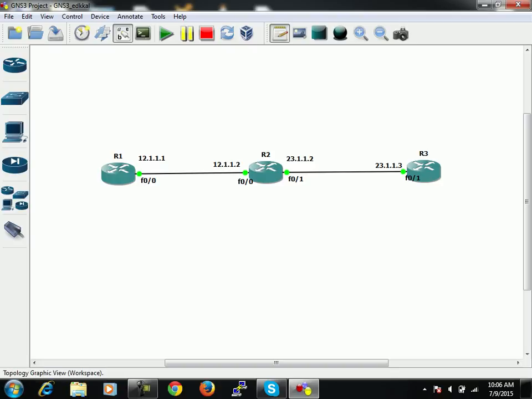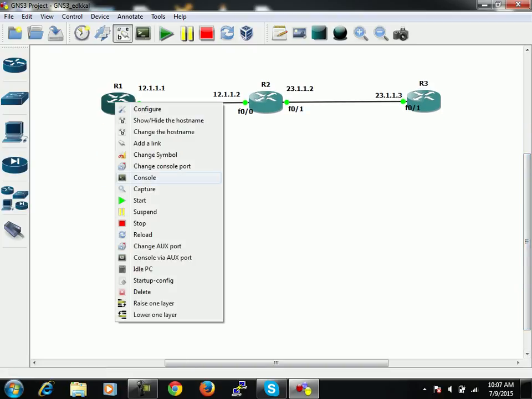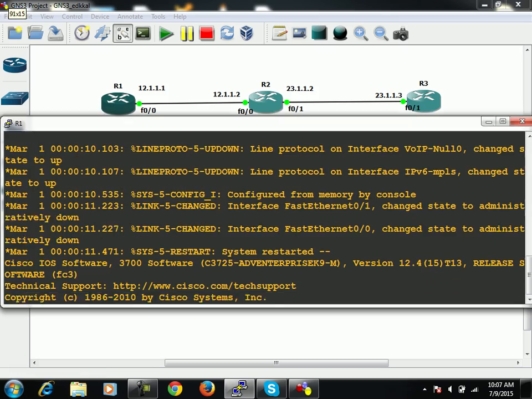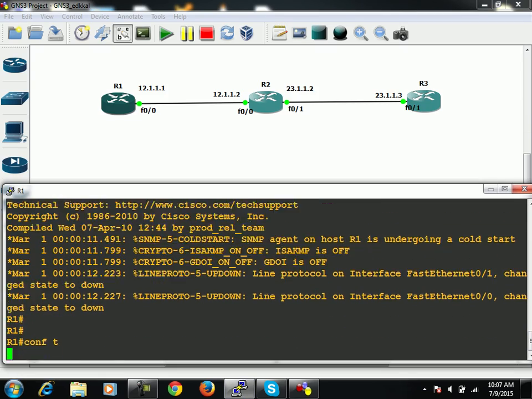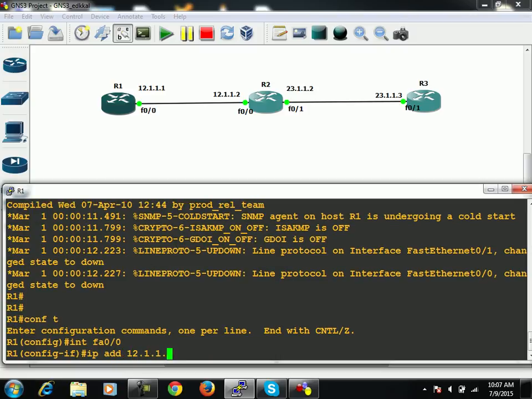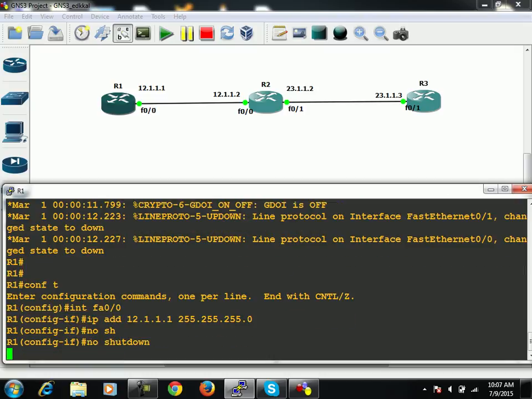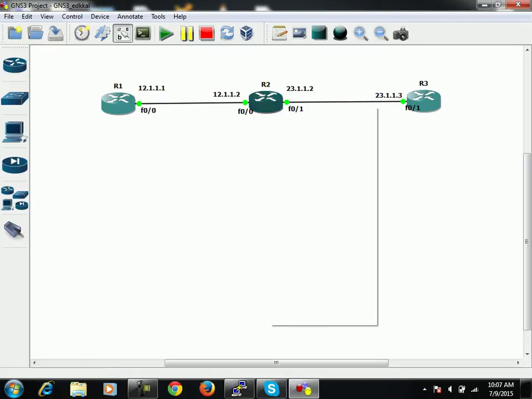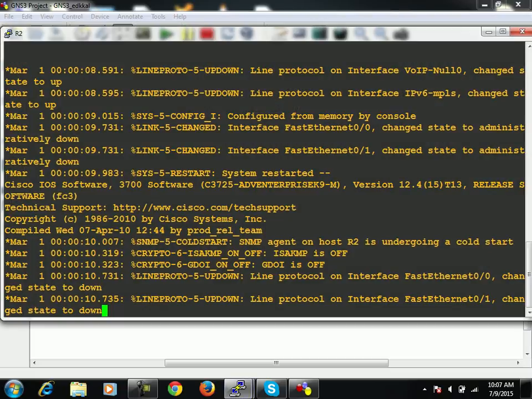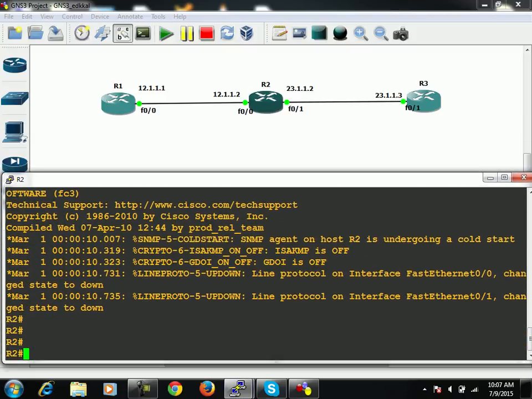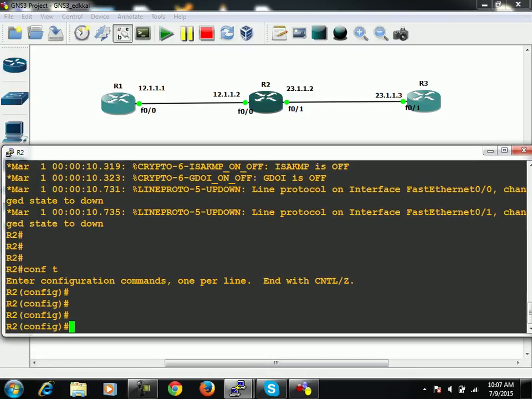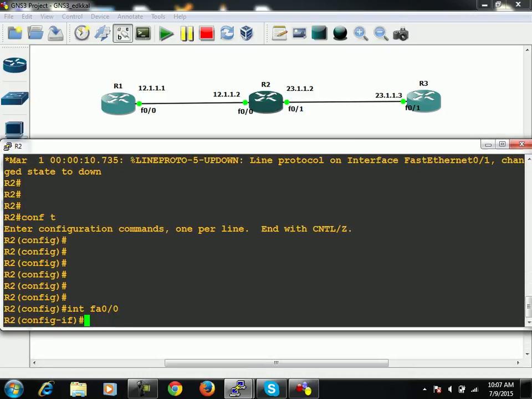Now what can we do? Let's say that R1 has some prefixes in its LAN, 10.1.1.0/24, or forget about it, right? Let me just do this implementation first, and then I will show you how you can create VRF, because I have already explained what VRF means. So on its FA0/0 the IP address is going to be 12.1.1.1, and then we can move on to R2 as well, and on R2, interface FA0/0,